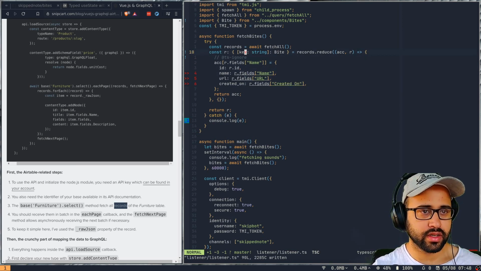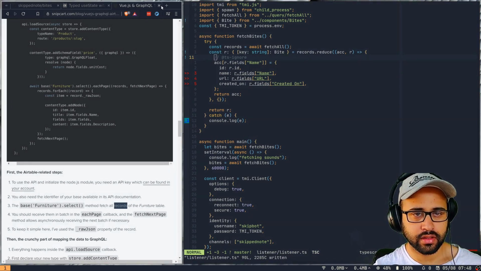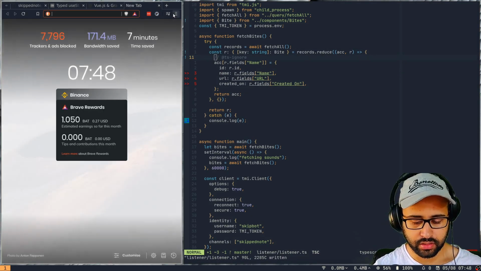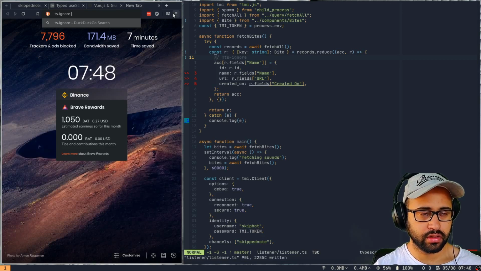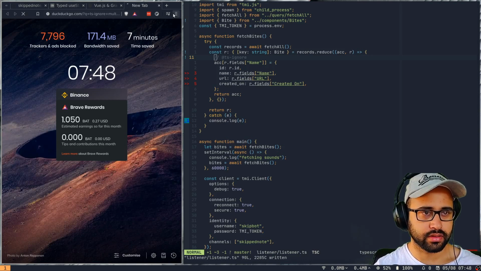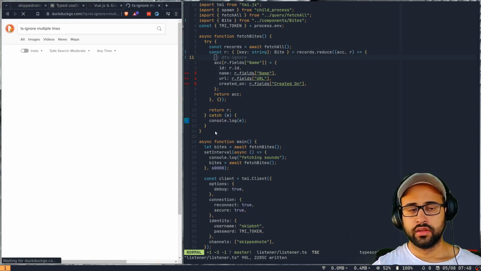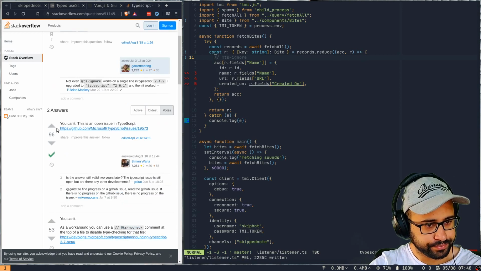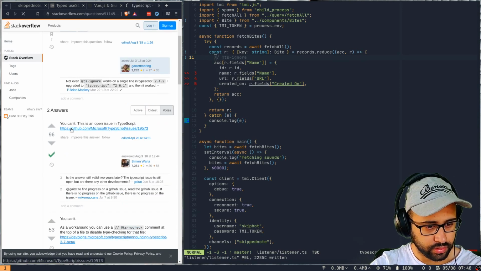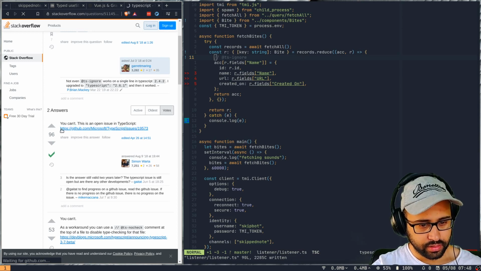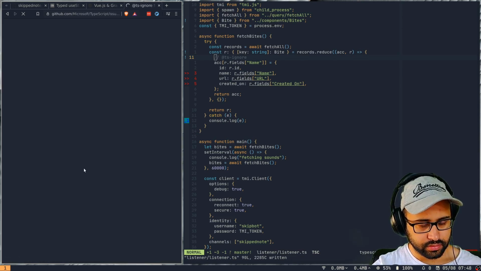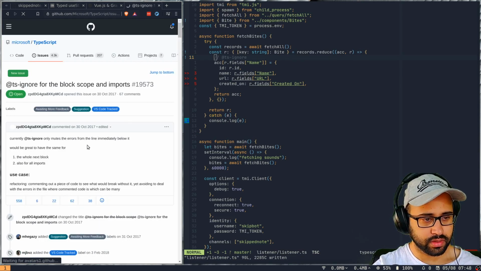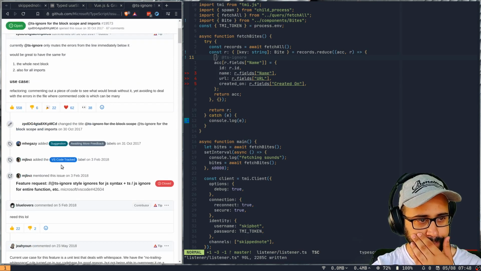Can I do TS ignore for multiple lines actually? Okay, how to block? Yep, you can't. Okay, that's sad. There's a TS no check, but then we don't want to do that.